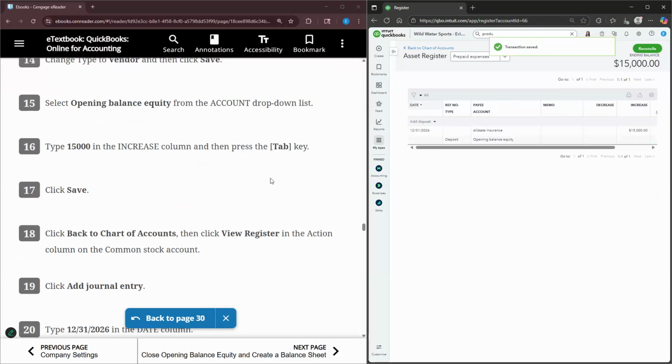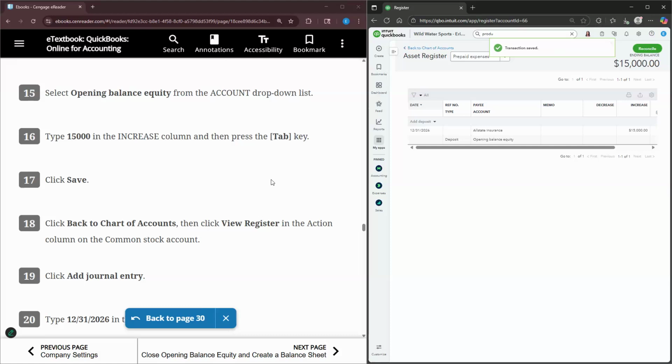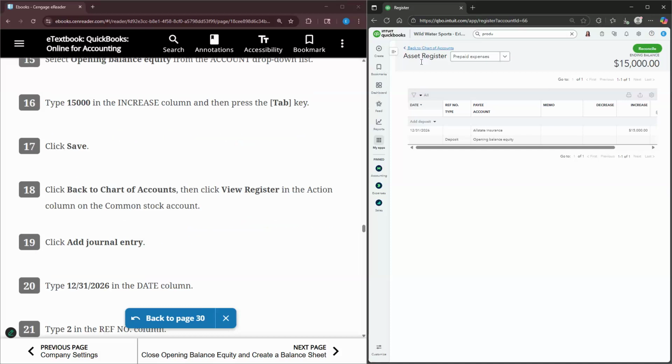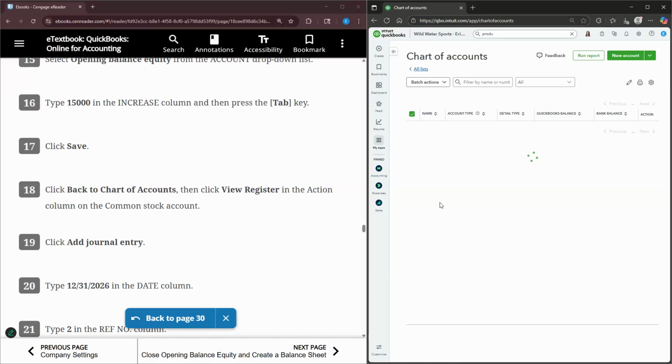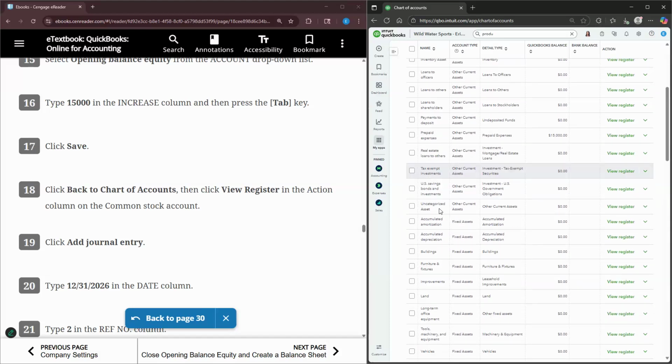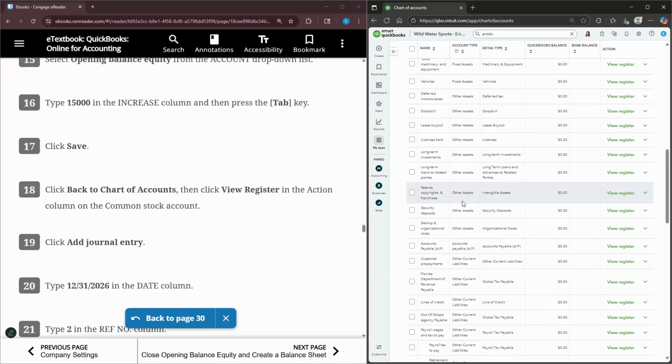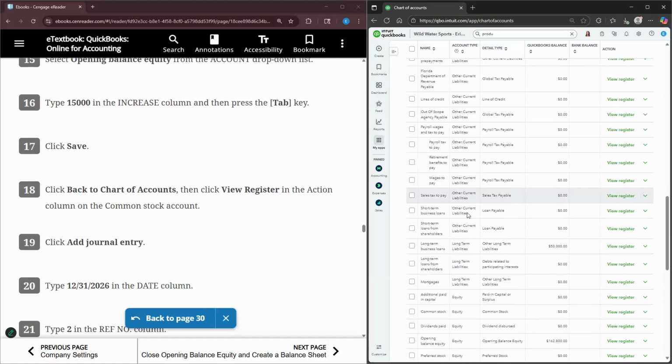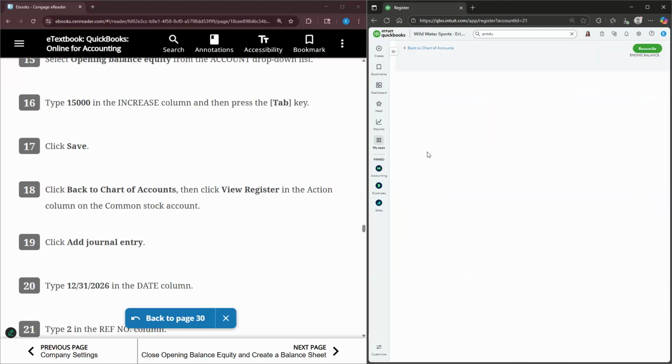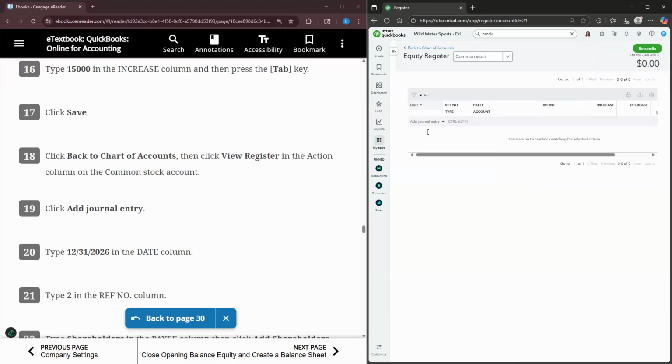So again, as mentioned previously in the example, there are going to be some accounts that we set up using journal entries and deposits, and then some new accounts that we are going to set up by actually adding a new chart of account. So we're going to go back to our chart of accounts. Then we're going to go to our common stock, which is a part of equity. We scroll down, and again, you can also type it up above to find it. But here we are, view register. We are going to add a journal entry